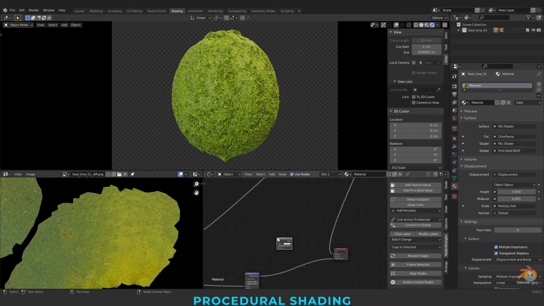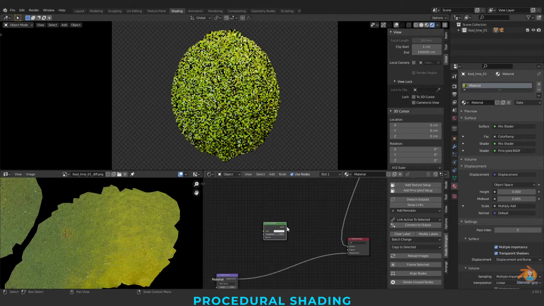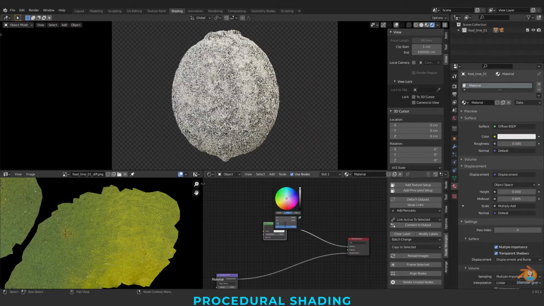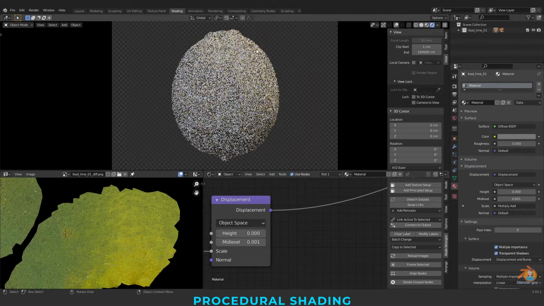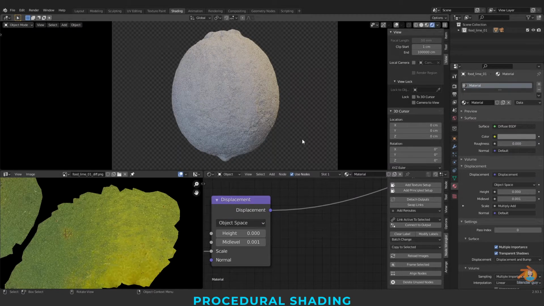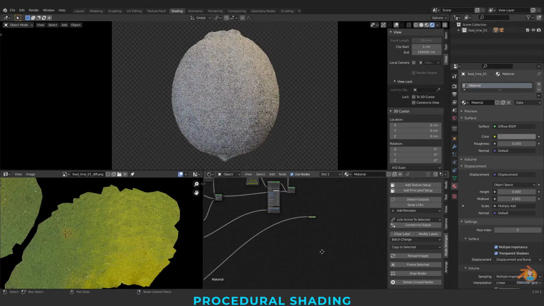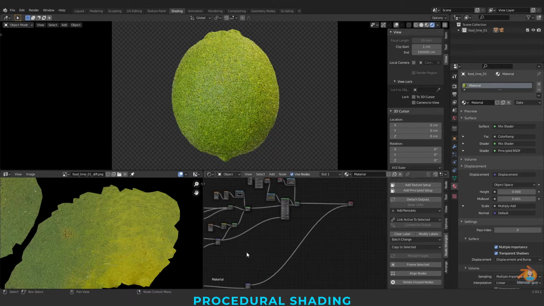For that I'm taking a diffuse BSDF, connecting here to the surface. So let me quickly show you from first material to last.